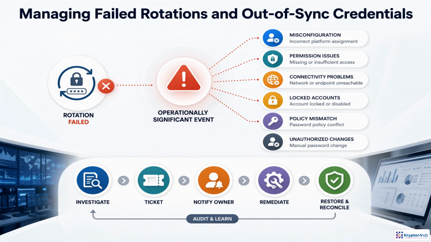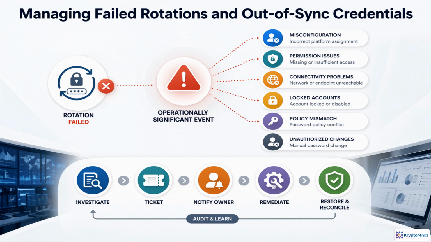A failed rotation is more than a routine error. The vault and target account may be out of sync, and access risk can rise quickly. Start by reading the error message, then validate connectivity to the endpoint. Confirm that the account has permission to change the password, and verify that the correct platform, policy, and password rules